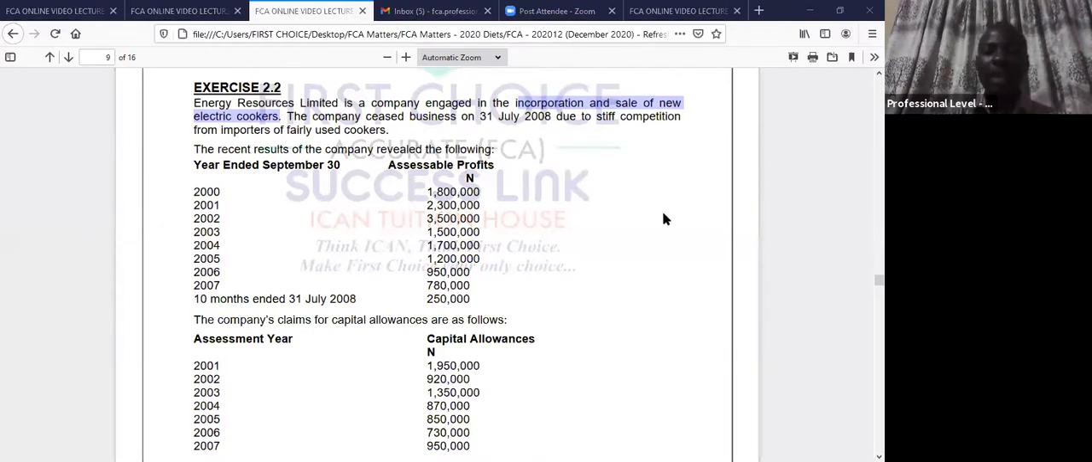You are looking at that because you want to know if you are going to prorate the accessible profit as to third to get capital allowance. Now, this company is not engaged in manufacturing, neither is it engaged in